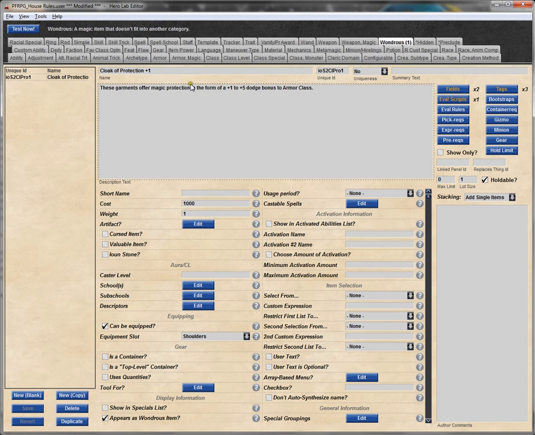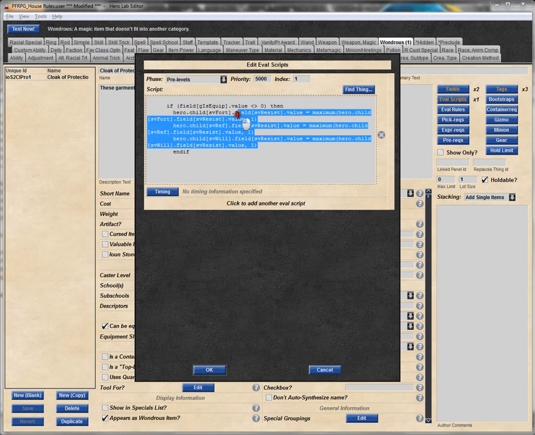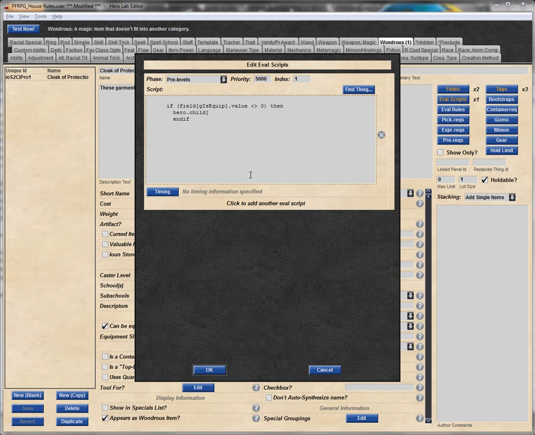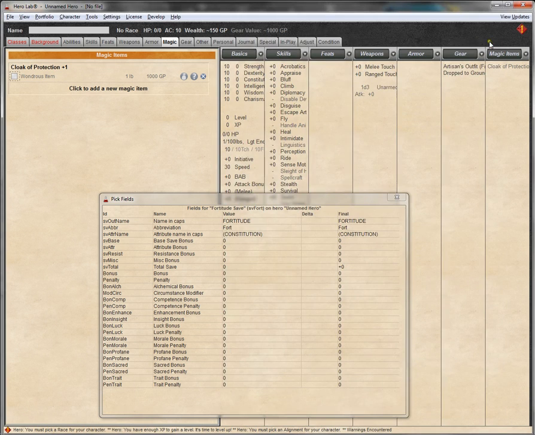So we can see here now we've got the Cloak of Protection. I've correctly renamed it and given it the idea that it's going to be a +1 to +5 dodge bonus to armor class. Okay, and we had looked at the Eval script already, and we can see that this part of the area is obviously not going to be that helpful for us as it provides just the saving throws. So for now I'm just going to erase all of this stuff. It's not really needed. We need to find the child that we want to talk about here. In this case, it's going to be armor class. So, going back to our